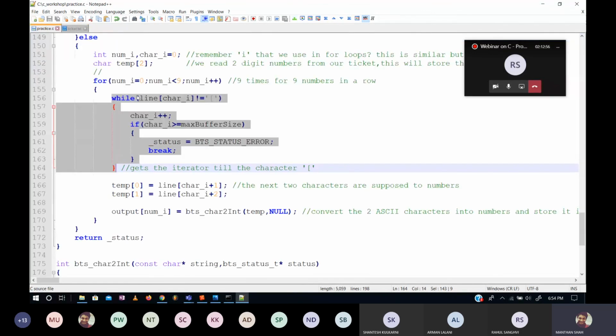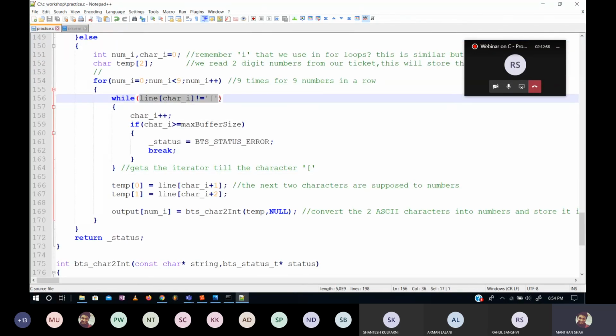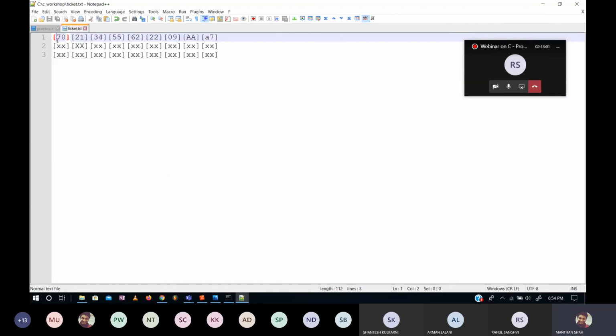So जब ये while वाला condition हुआ तो ये first बार expression evaluate हुआ, पहली बार में ये वो equal है तो 70 को ही देख रहा है हर बार, वो आगे जा ही नहीं रहा है.